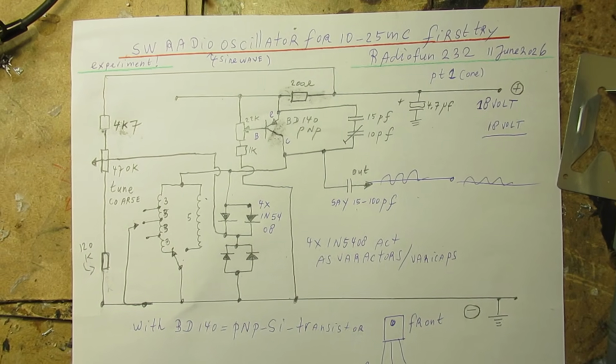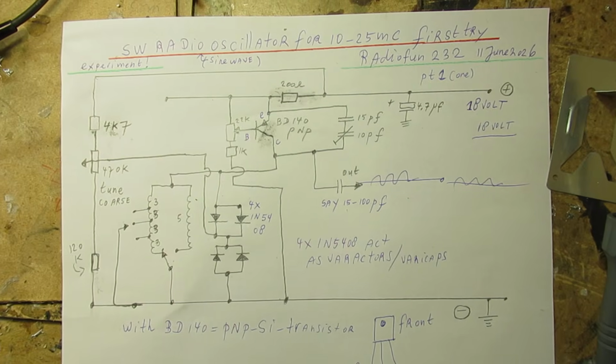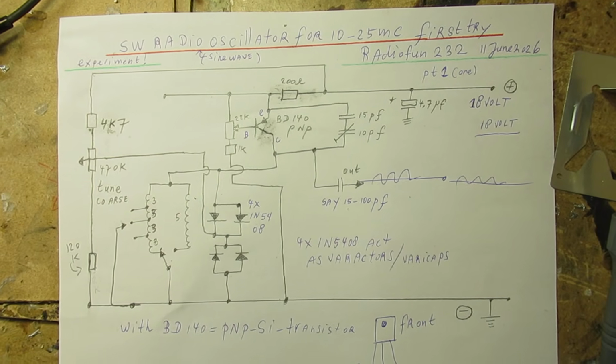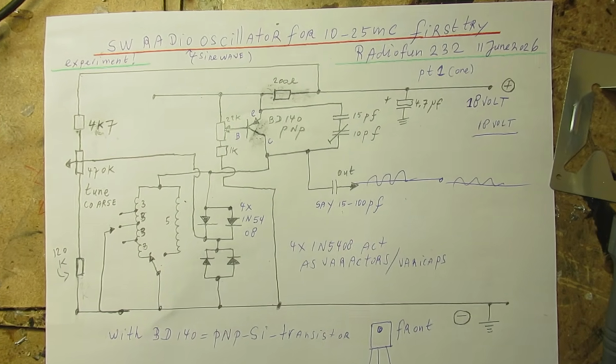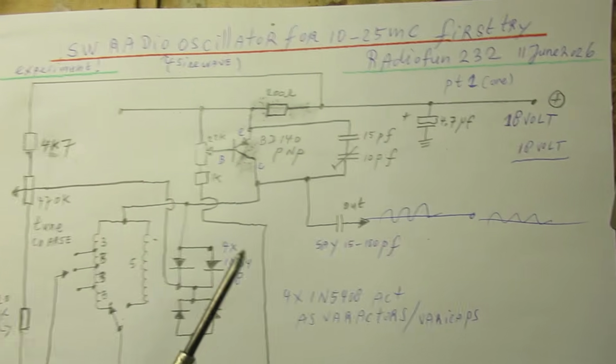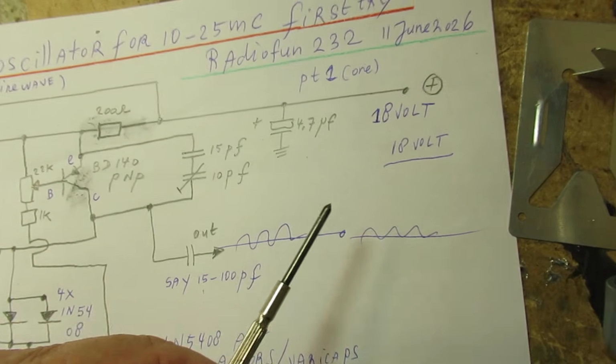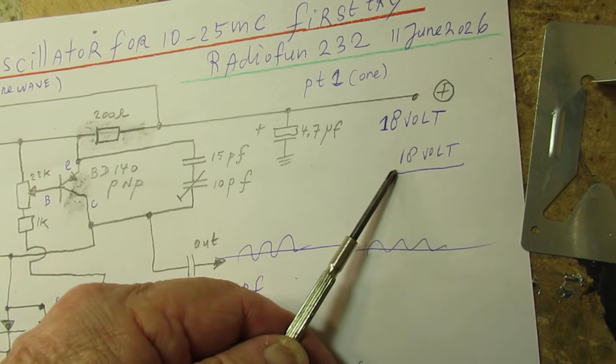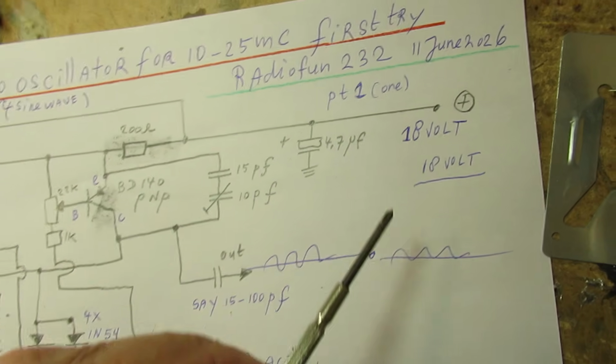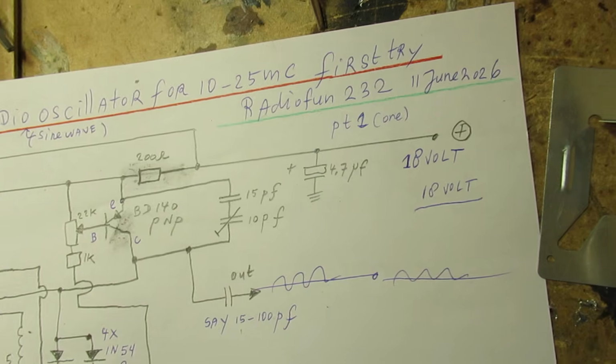I want to refer to the earlier video where this is shown. Anyway, so what's it all about? I found that 18 volts work nice. It's quite high, by the way, but anyway,